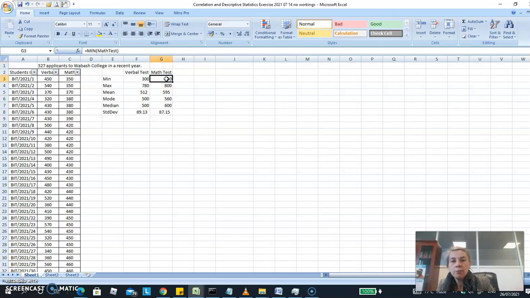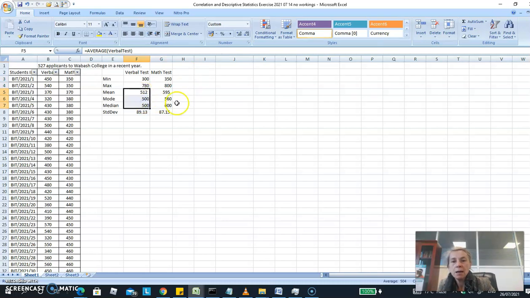Great, and then we do the same thing for the next column. So we do the mean. Of course, this time we have the range called maths test, and we've calculated the statistics. So if we look at this data, we can see that the median, the mode, and the mean are closely together in the first scenario. So we are expecting a distribution that is quite balanced. It's a normal distribution. And for the maths test, there's a bit more dispersion around the mean,